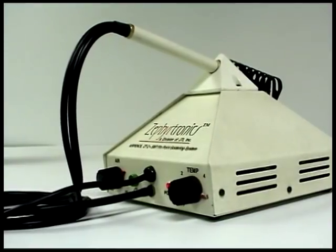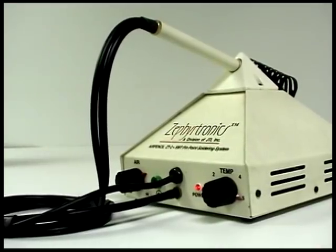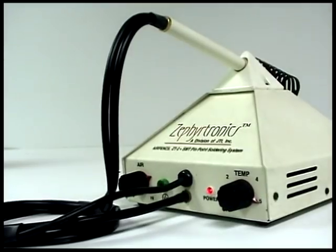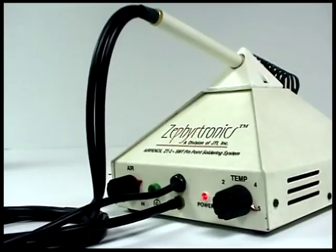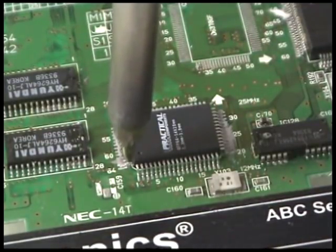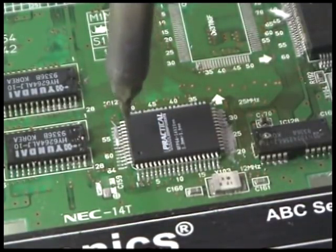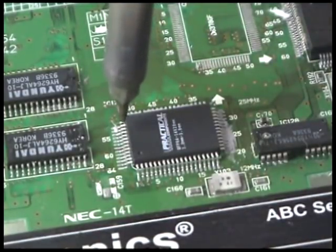The Zephyrtronix ZT2 Air Pencil features electronic variable temperature control with closed-loop sensing feedback and variable airflow adjustment with its precision air valve, permitting an ultralight setting for tiny chip capacitors and resistors and to prevent the unwanted scattering of solder balls. And as you can witness here, the low-velocity heated airstream of the air pencil heats the lead and literally draws the solder paste to the lead, creating shiny production quality joints with fillets at the toe and heel